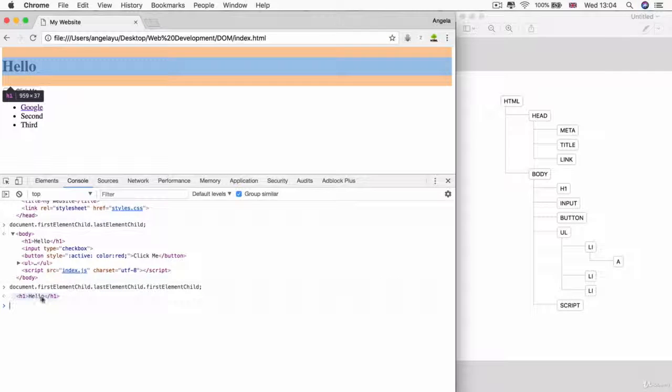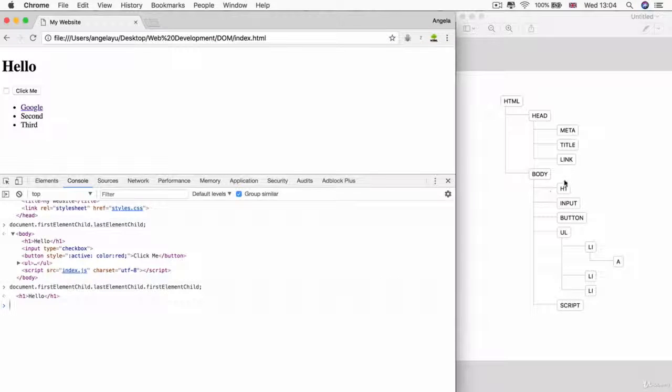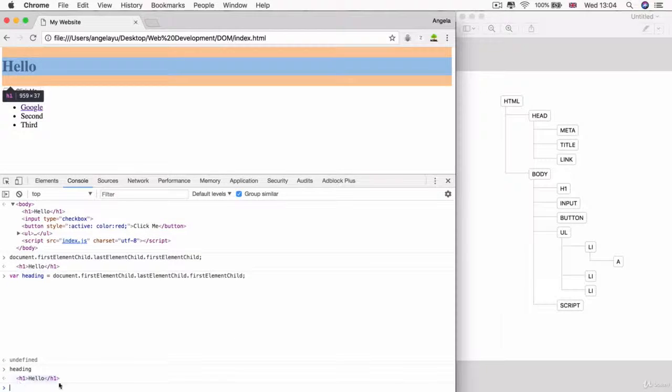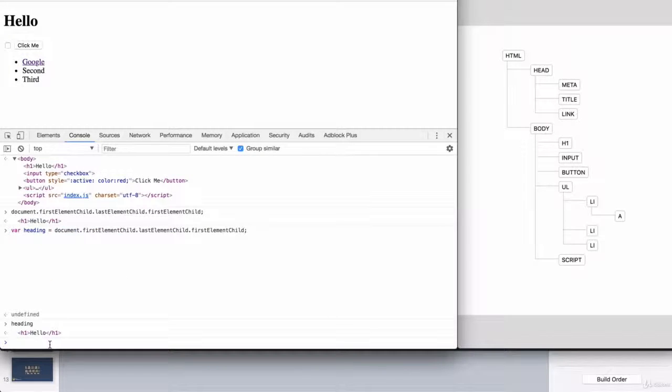So once you've successfully selected the object that you're interested in inside the DOM, then you can manipulate it. So we know that this line of code gets us to our H1. So I can simply save it inside a variable. I can say var heading equals this object. And now you can see if I hit heading, it's pointing towards our H1. So if I wanted to manipulate that heading, then I can simply say heading dot inner HTML equals